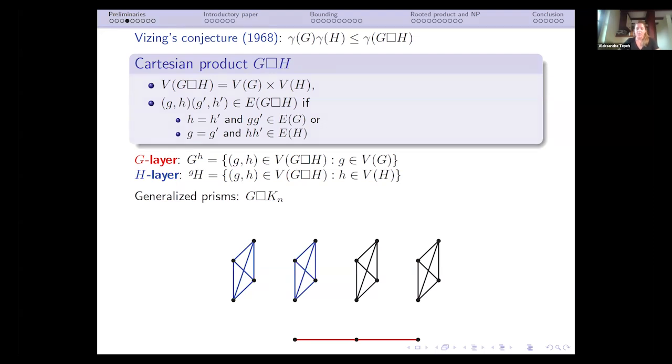And then we put edges according to edges that we see in G. So we just connect vertices in these copies which correspond to each other. This vertex and this vertex, and also this vertex and this vertex correspond to each other. So I have 2 edges like this, but no edges from here to here because I don't see it in the original graph G. And we do this for all vertices that correspond to each other in H layers. So we have P3 times K4 here.